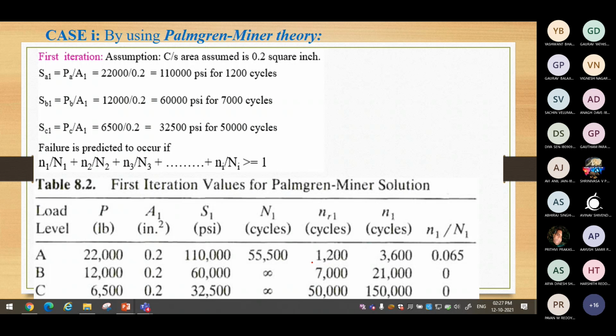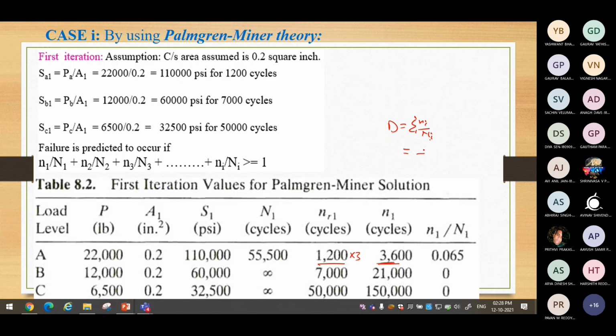I was talking about how many cycles we are applying. We are applying 1200 cycles 3 times. So that means we are only making use of 3600 cycles. Now when you go and apply the damage rule, D is equal to summation of Ni by capital Ni. That means the number of cycles we are using for a defined load and the total life we are going to get at that load. So for this rule there are only 3 load sequences.